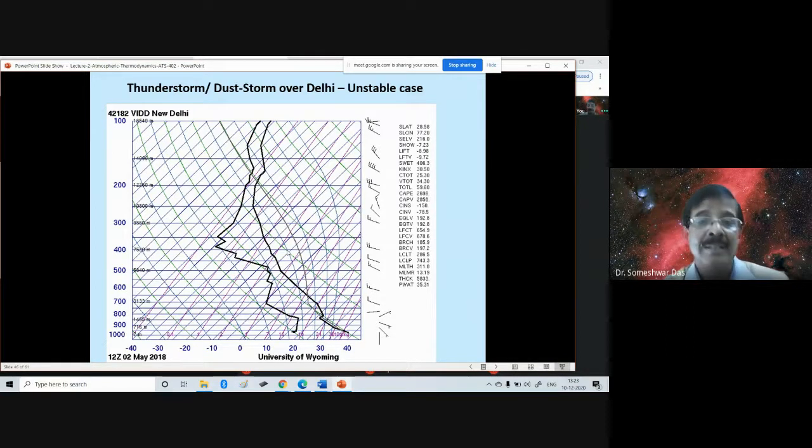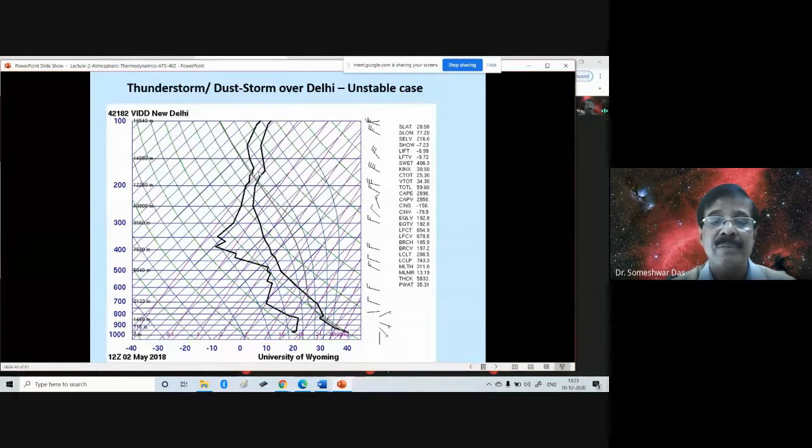And these lines have already been introduced to you. These curved lines are the moist adiabats. These dashed lines are the mixing ratio lines. I have taken so much time to explain this in detail because henceforth, in whatever form or orientation you see a diagram, you will recognize which line corresponds to what.